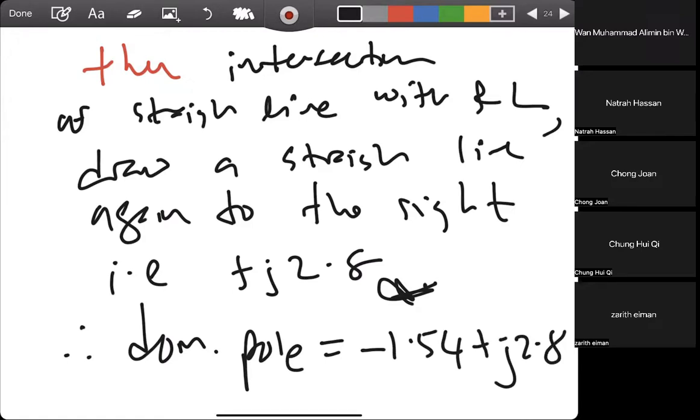Natra, faham tak? Faham Doktor? Faham? Faham? Natra, faham tak? Faham Doktor? Natra, faham tak? Belum? How you get 2.8? 2.8